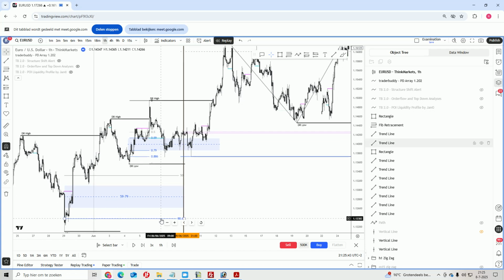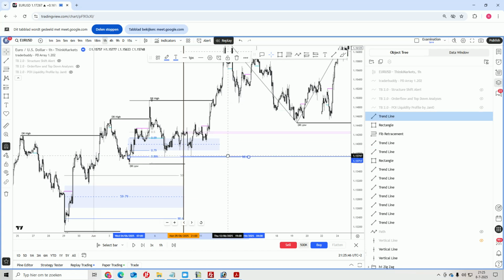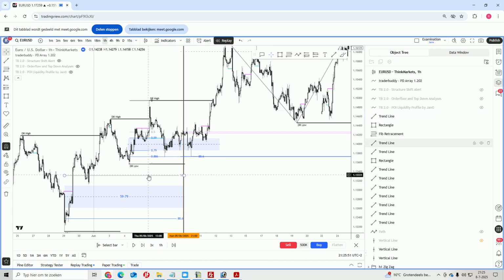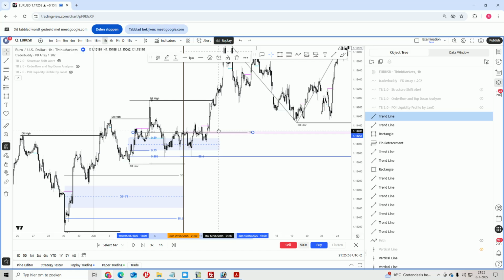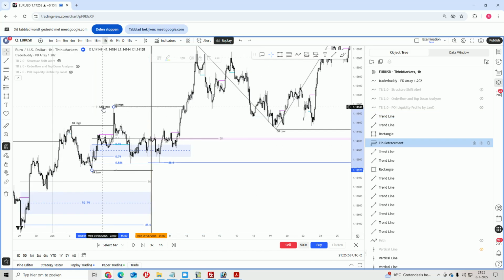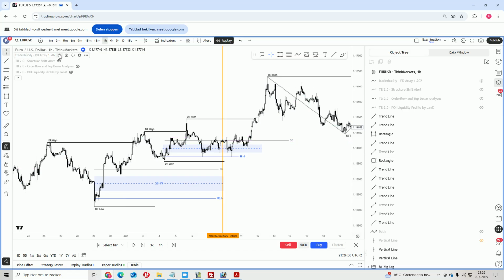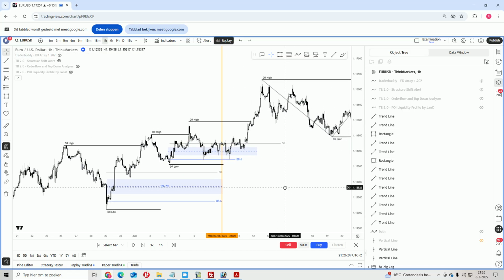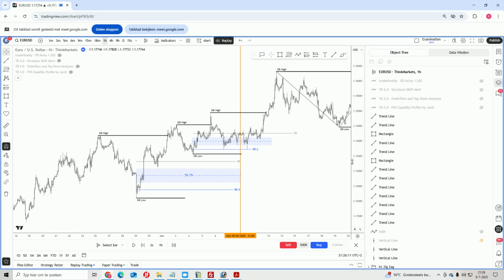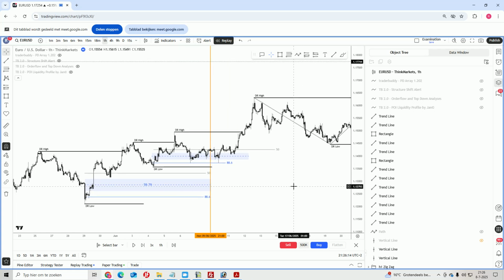And here we have the 88.6, and here we have the 50. And again we remove this one. Now if we remove the indicator completely, in case you want to look for POI zones